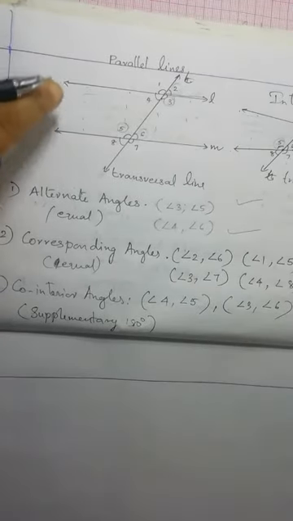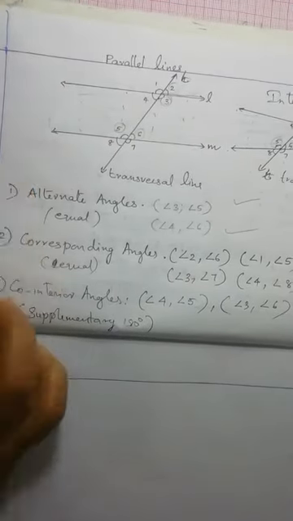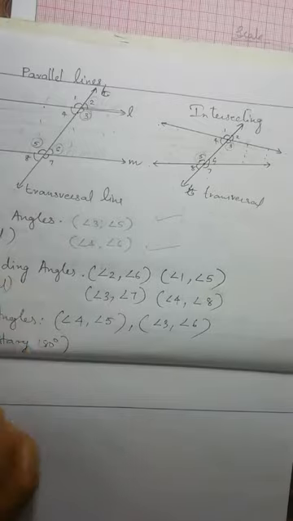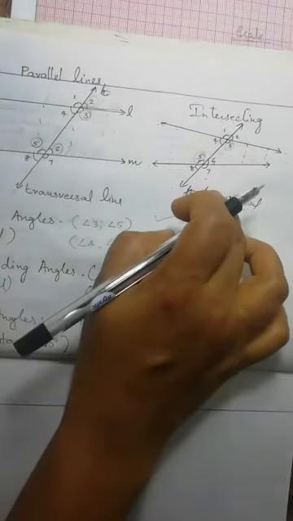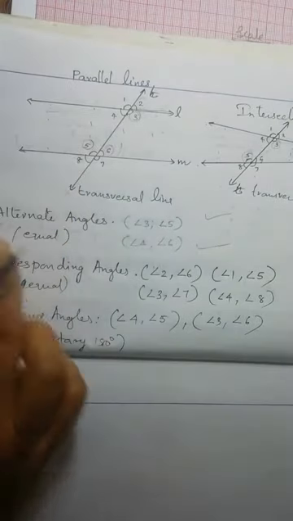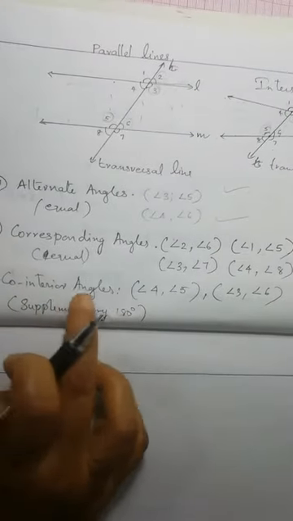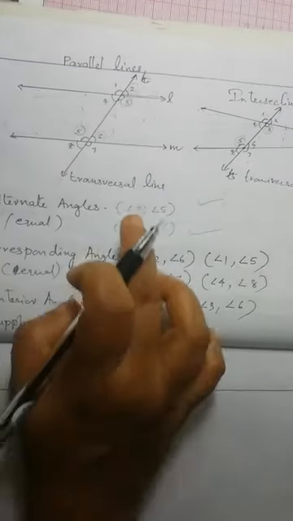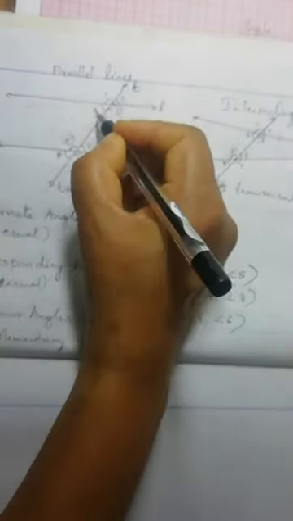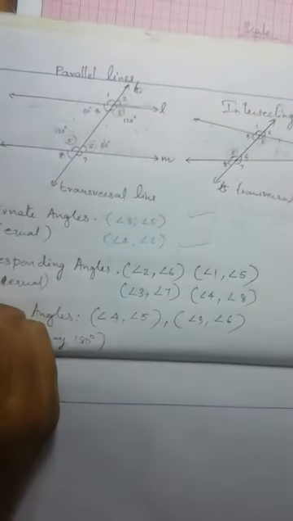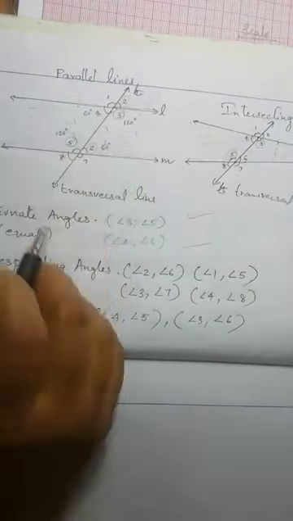So, if the lines are parallel, that's why I told parallel case, some speciality is there. If they are not parallel, they are not equal. These we cannot consider if they are not parallel. Okay. If the two lines are parallel, we can say that alternate angles are equal, corresponding angles are equal, co-interior angles are supplementary. That is, angle 3 and angle 5 will be equal, 4 and 6 will be equal. If it is 120 degrees, this angle is also 120 degrees. This is 60 degrees, so this is also 60 degrees. Like that way we can say that if the lines are parallel.